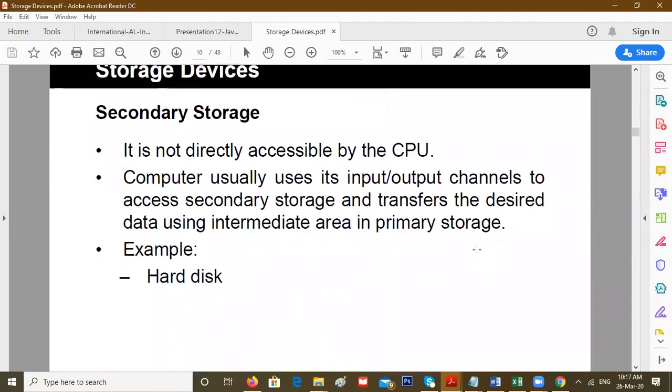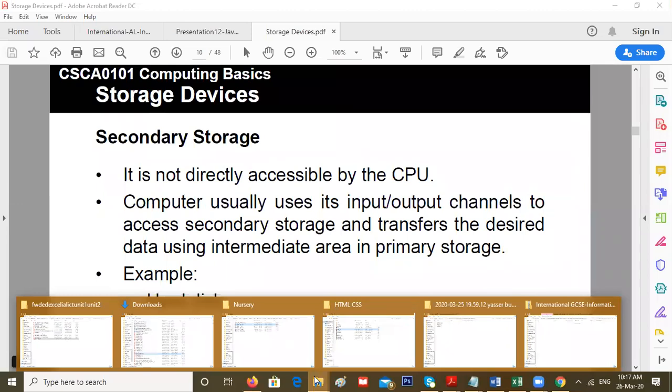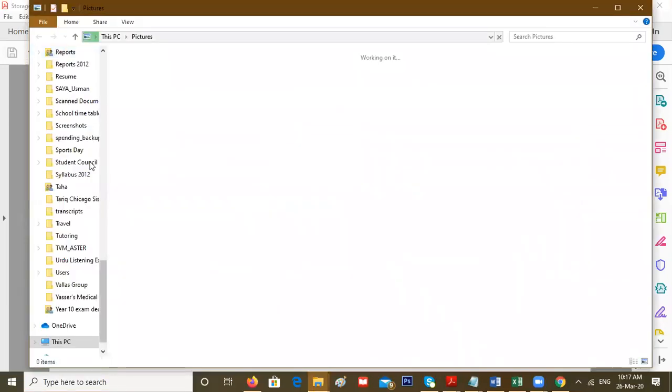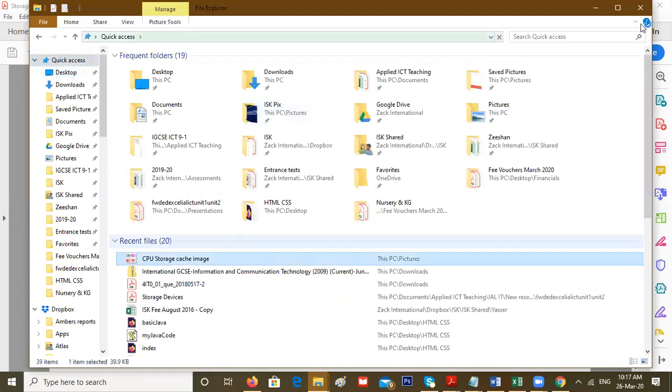Okay. So, this is not directly accessible by the CPU. So what that really means is that you need to cross a few bridges, and then you're going to be able to access what's on the storage. And if you look at the diagram that was shown initially of the CPU storage,